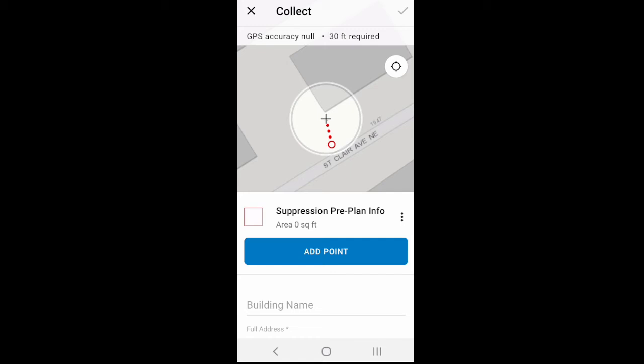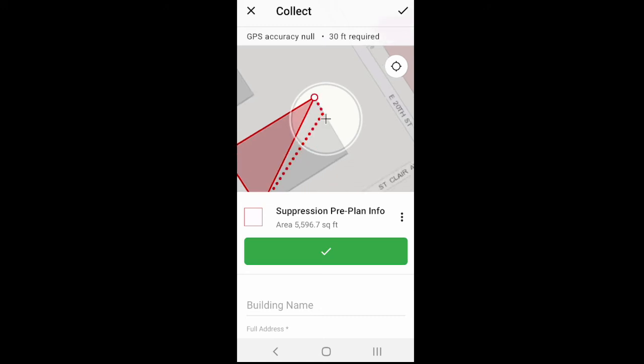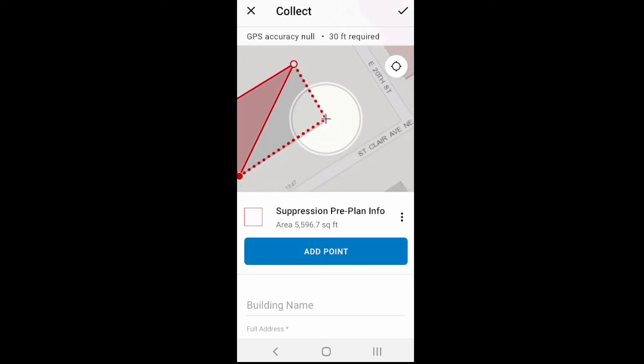You just hit the menu here, the three dots on the right side, and click on undo, and it just goes away. So from there, you would put your crosshairs on the spot you want to start, add point, and I'm just going to do this quickly, not very accurate, add point. And then once you have your polygon created, all your points made, you can now enter the information in for